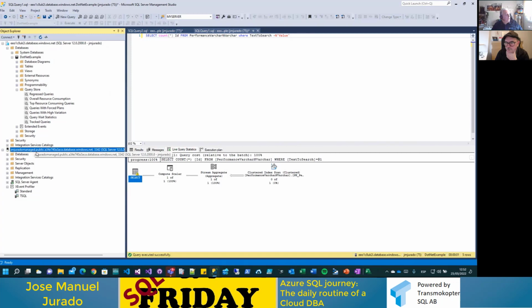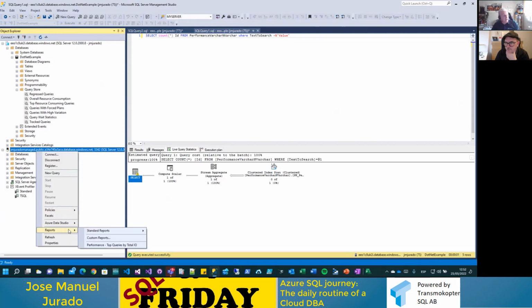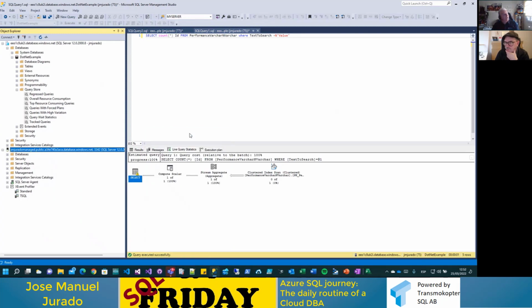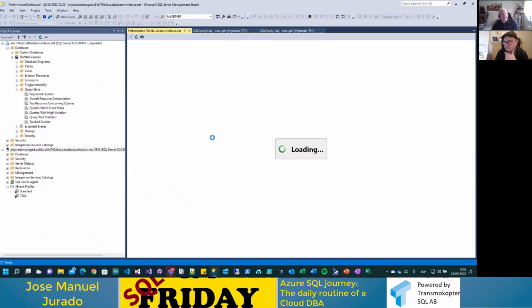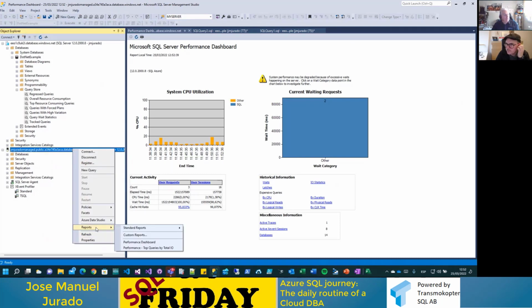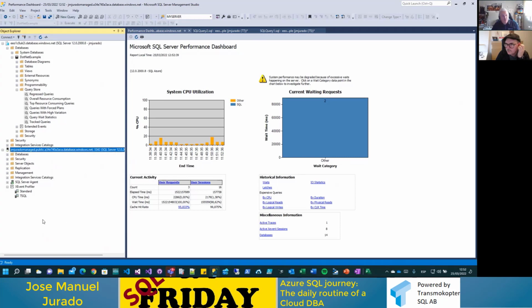In managed instance, in terms of monitoring, you have other things. You have, for example, the typical reports. I like it, to be honest with you, the typical report that we have about performance dashboard. I like it this way because at the end I feel like at home using on-premises. I could see everything about the basic things about my reports, to review the I/O, for example, etc.